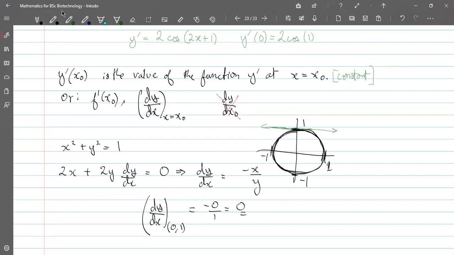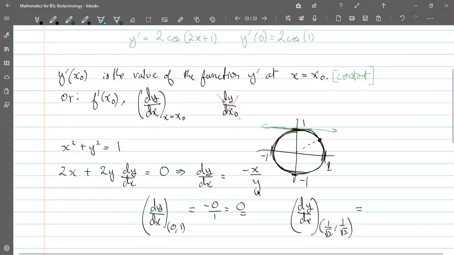Similarly, dy/dx at, say, what's another point here? You can have (1/√2, 1/√2). Okay, that's another point. That will be here. This point will be (1/√2, 1/√2). Then at that point, what is the slope? Put 1/√2 for x and 1/√2 for y. So that will be